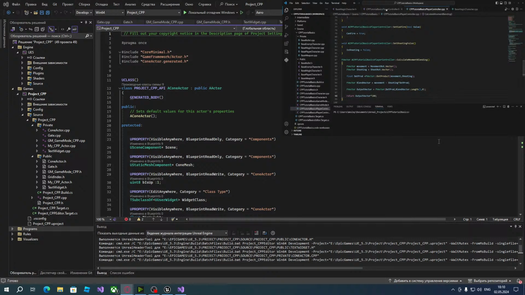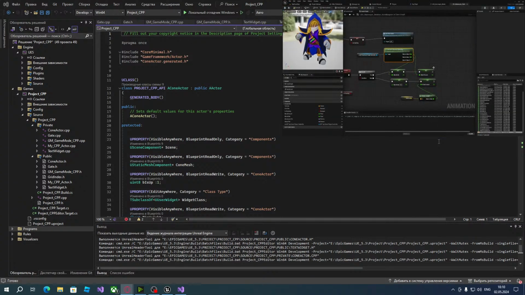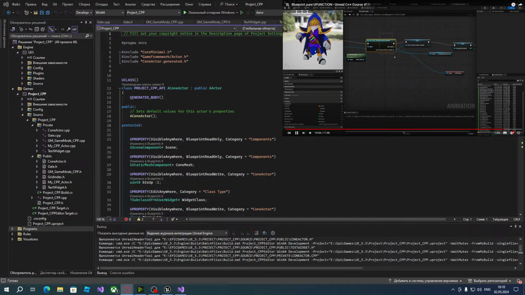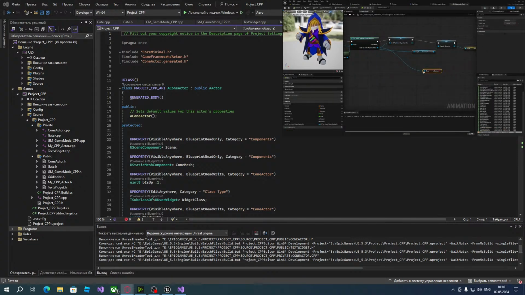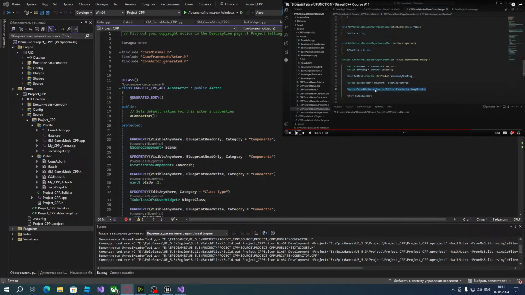The main thing I wanted to show instead is the blueprint pure UFunctions, in which we can have one of these nodes that doesn't need to have an execution input and instead just calculates something to return a value for you to use. So if you just have a single variable that you want out of a C++ class, you can just make it a UProperty and blueprint read only or blueprint read write. But if you want to have something that needs to be calculated in a function in C++ and you just want a simple